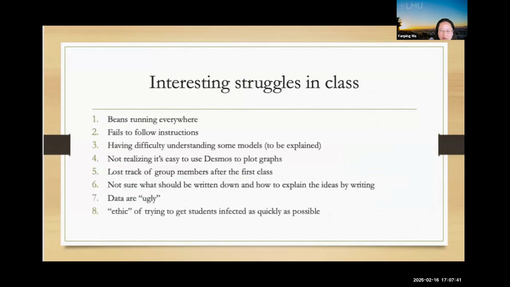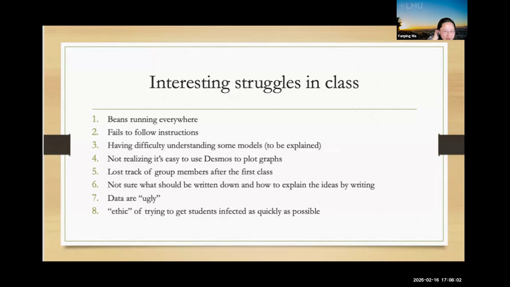There are many interesting struggles I observe while doing this activity. For example, beings are running everywhere. Some students have difficulty controlling where to do the job, so their beings don't add up to 40 anymore. Some of them have difficulty understanding the instruction.